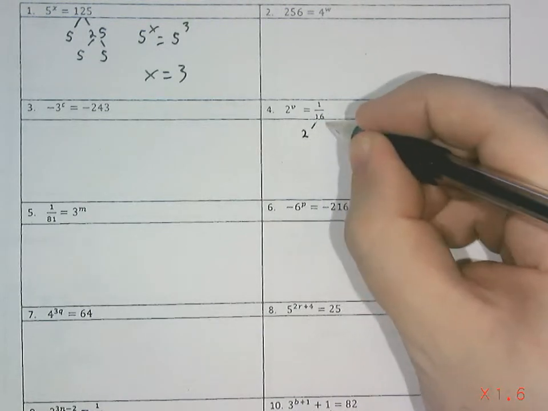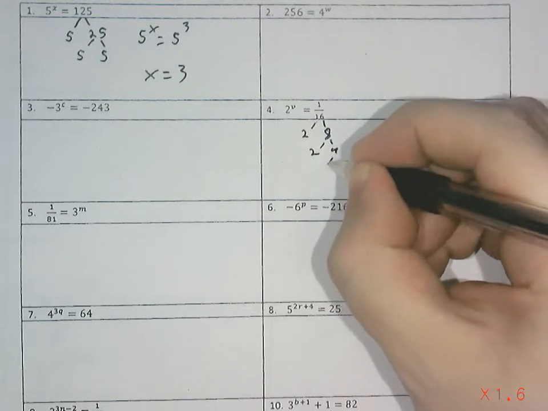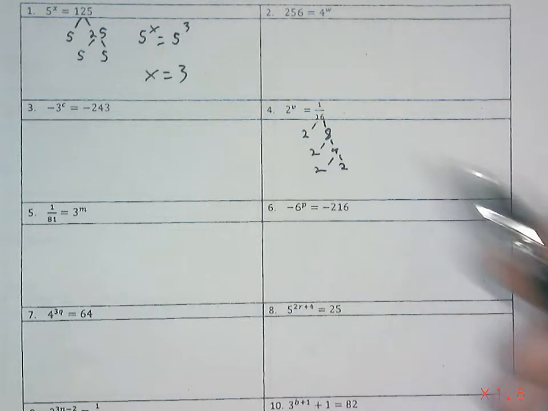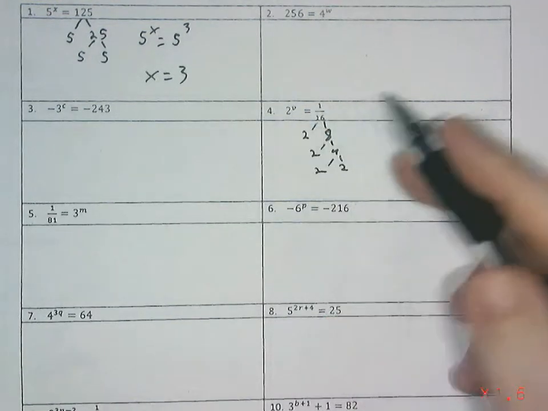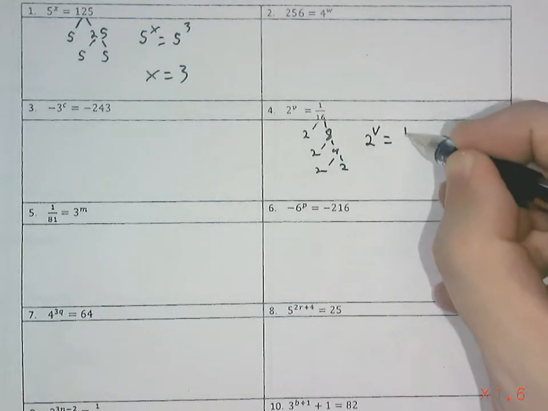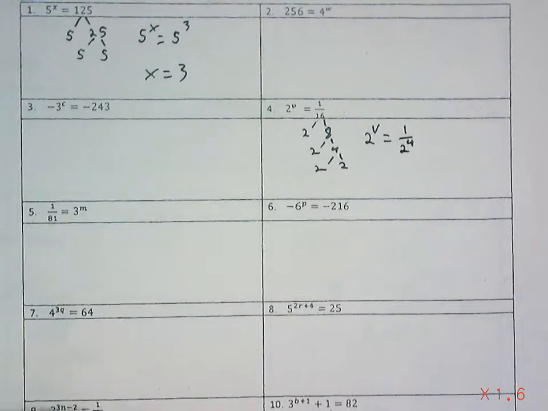So divided by 2 will give me 8. Divided by 2 gives me 4. Divided by 2 gives me 2. So I've got 1, 2, 3, 4 2's. So I could rewrite this equation as 2 to the v is equal to 1 over 2 to the 4th power. Now, if you guys remember the exponential properties, I talked about